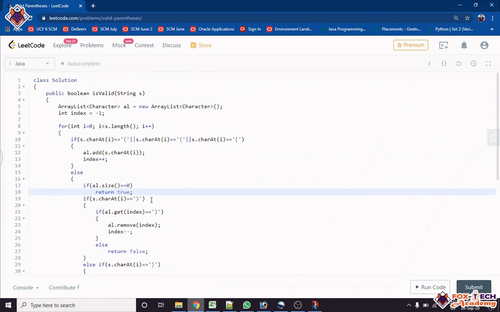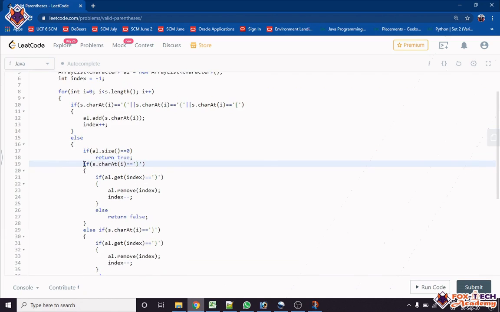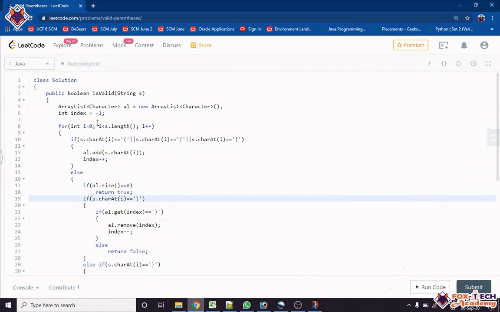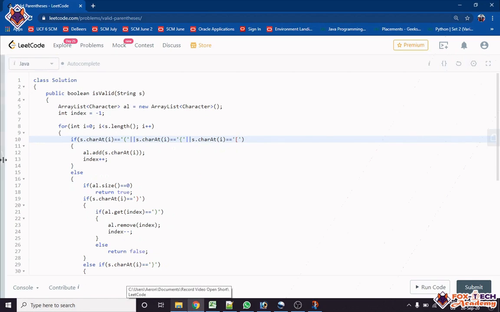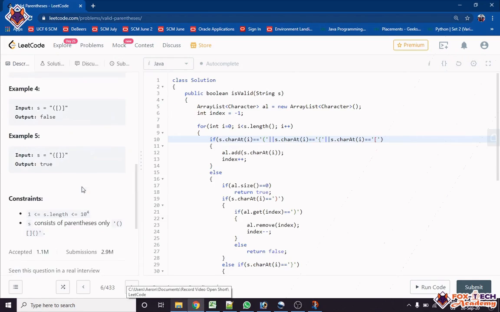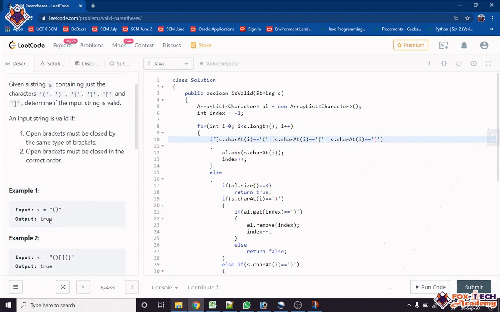In this case, if we check, what is our example? Suppose this is our example string.